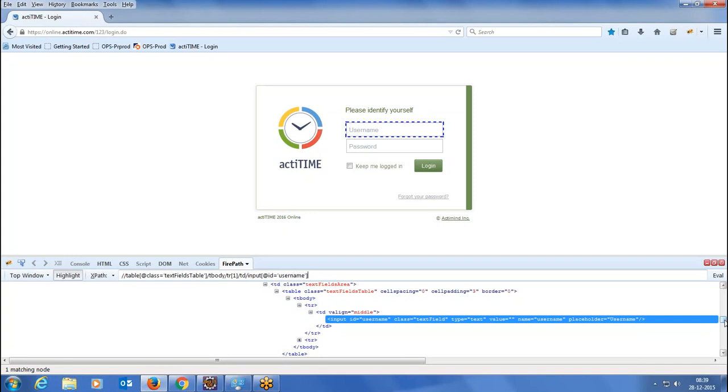So one way is if you know the ID, class, or name, directly use that. The other way is if nothing is there, then you may have to go to the immediate parent. Keep looking upwards and see if there's any parent which has an ID, class, or name. Then from there you need to come down. If nothing is there, then there's no option. You have to come all the way from the HTML root. That means you have to go for the absolute path. All right.